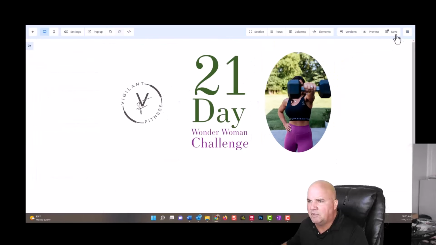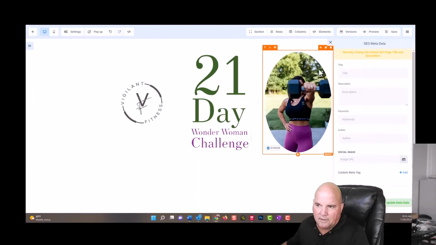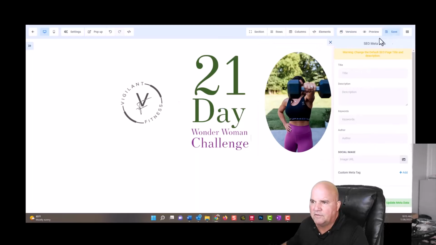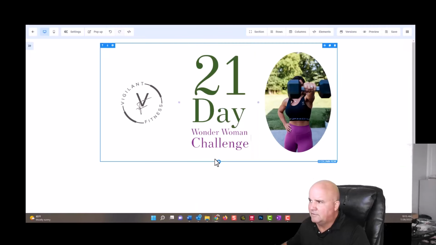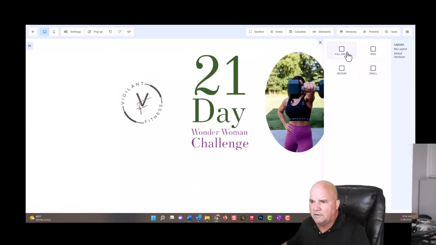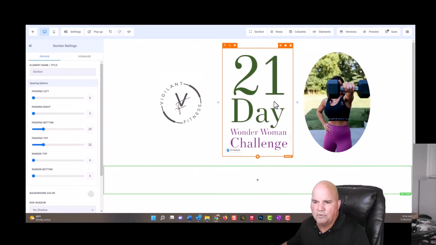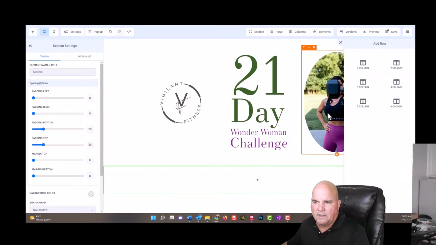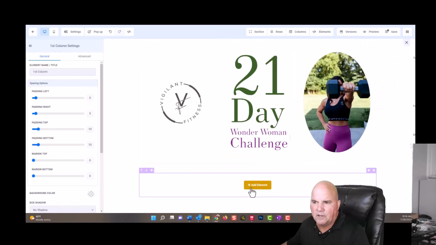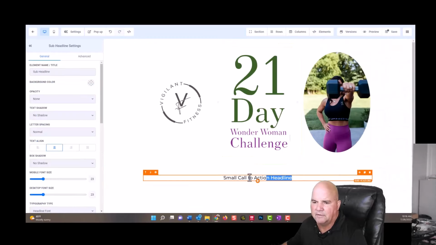I always say make sure you save your work as you're going, so you just hit save. It'll ask for metadata if it's not in there, because these are all SEO friendly. So the next thing we're going to do is we're going to add another column here, add a row. This is going to be a 1-row deal, so 1 column, and we're going to add an element, and we're just going to add a sub headline here,